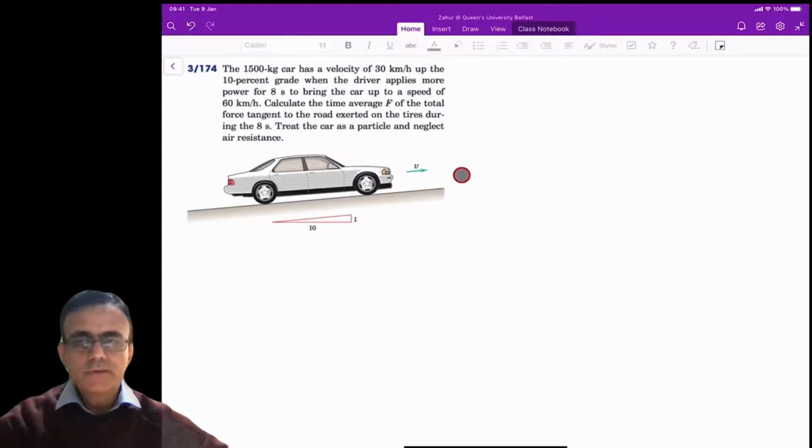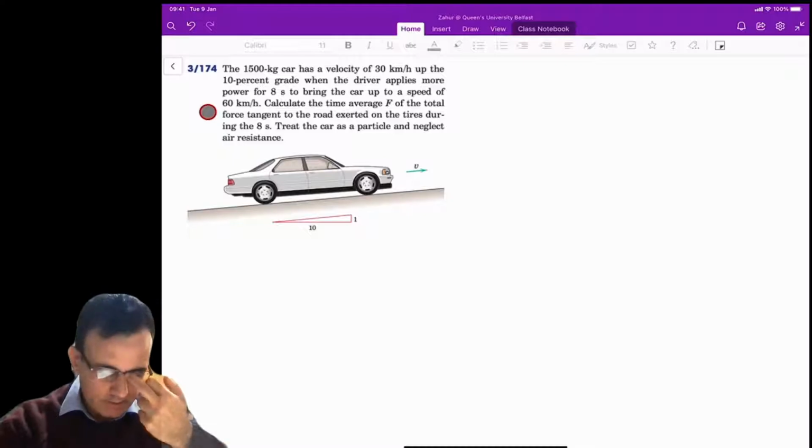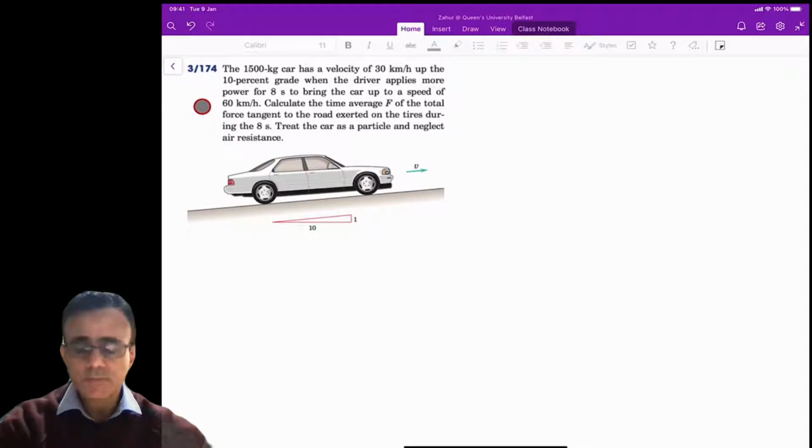Okay, so in this second numerical example, which is 3174 and is again taken from the Gen Merriam book, and is one of the numerical examples in your tutorial sheet. As you can see in this figure, a 1500 kilogram car has a velocity of 10 kilometer per hour up the 10% grade when the driver applies more power for 8 seconds to bring the car up to